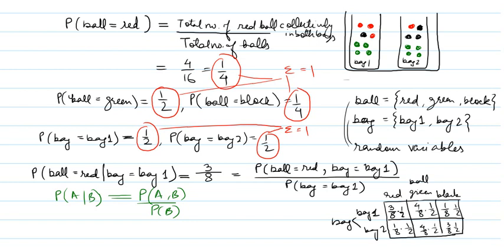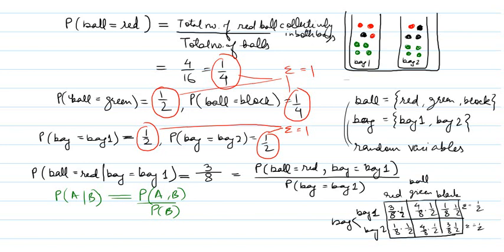Alright, so we should sum up all these three and the total should be equal to 1, right? So this is 3 plus 4 is 7, plus 1 is 8, that is 8 by 8, right? If I take the summation of these three, this is 3 plus 4 is 7, plus 1 is 8, divided by 8 into 2, that is 16, so we get a half here, right? Similarly 1 plus 4 is 5, plus 3 is 8, divided by 16, again we get a half here, right? So all these probabilities collectively should be equal to 1,